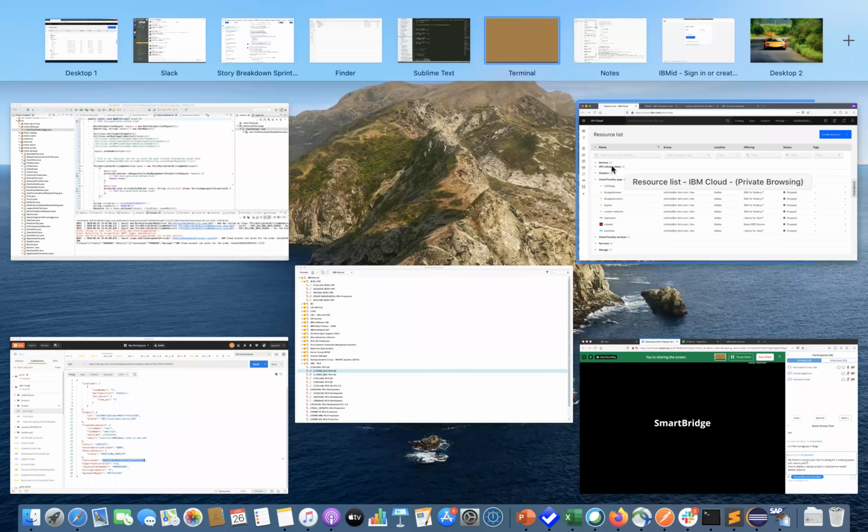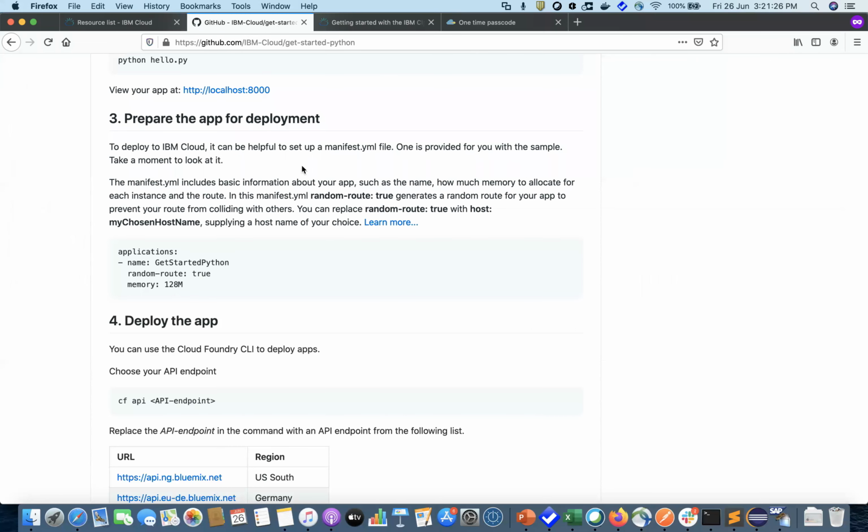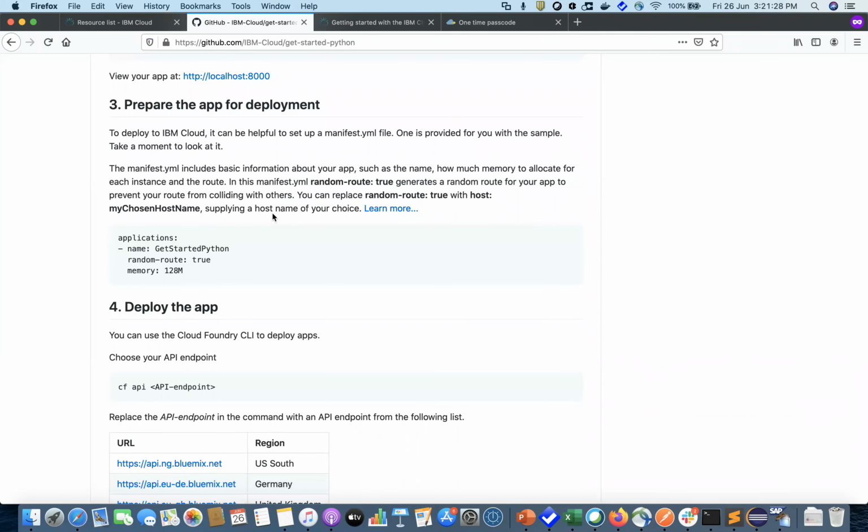Now let's go back to the same Git repository steps. So here, in order to push this particular app, it will need a manifest file. Since we had already cloned our application, we are seeing this manifest YAML file as well.